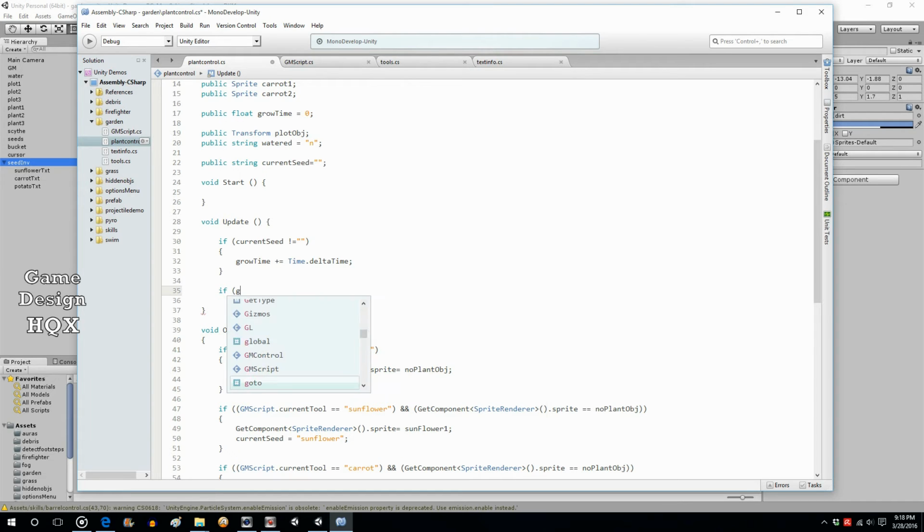If grow time is, let's increase it a little bit. Let's go up to 5 seconds so we have a little bit more time. So if grow time is greater than 5, and we said watered. If grow time is greater than 5 and watered is still equal to no,